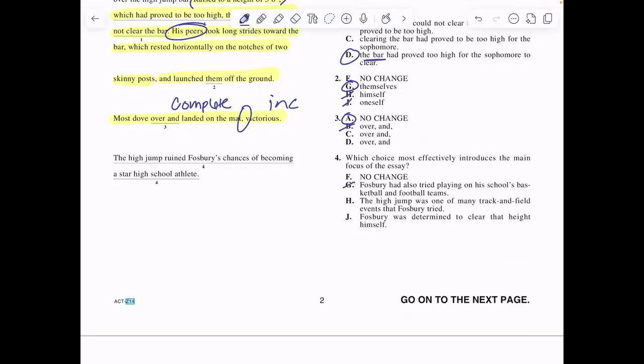If we know that he later goes on to invent this technique to clear the bar, I think J is our best answer. It's also the most positive. He was determined, he saw his teammates doing it. He was determined to clear this bar, so he made up his own method. So for these, don't feel like you have to answer them in the moment. You could come back, any kind of main idea, main focus, come back to it, but definitely skip ahead and